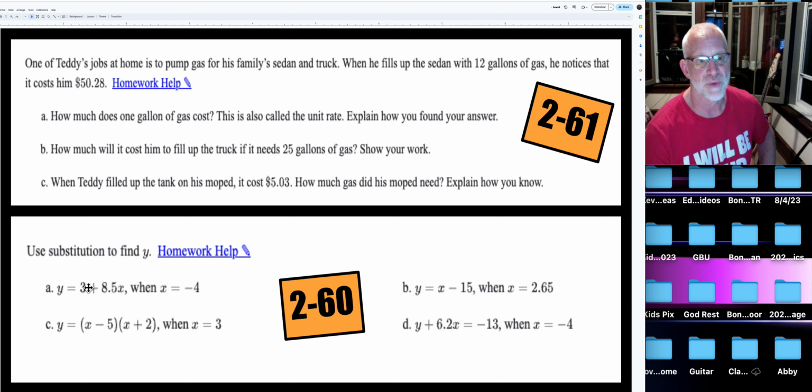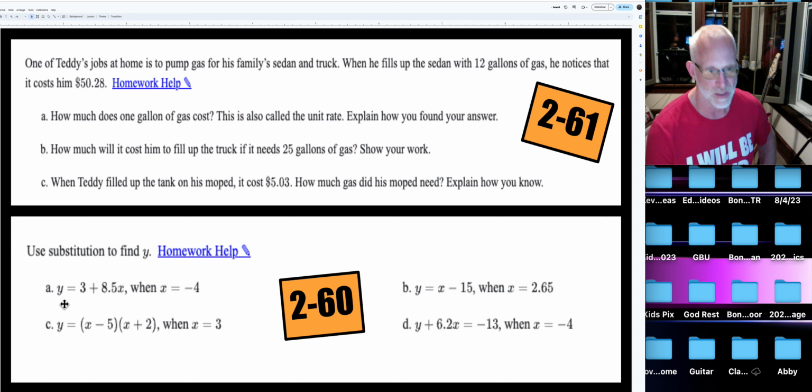So if y equals 3.3 plus 8.5 times x, what does y equal when x equals -4? So we put -4 into here, so it's like 3 plus 8.5 times -4. Okay? Next one. Y equals x minus 15. We're going to put 2.65 in for x, so now it says y equals 2.65